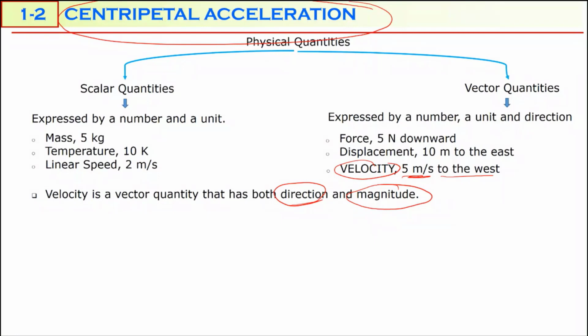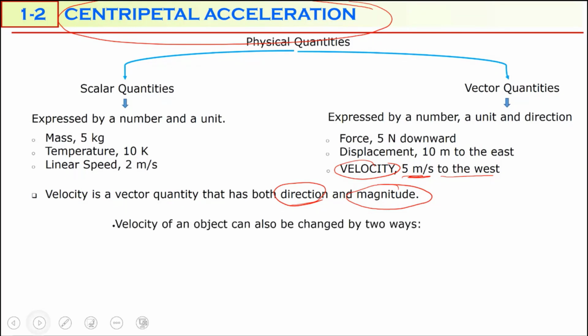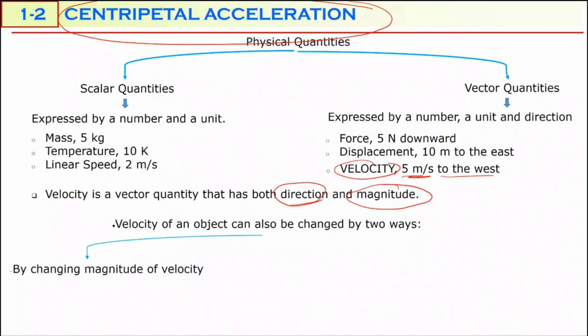But a vector quantity is not like this. You can increase its magnitude. You can also change its direction, or you can do both of them. So velocity is a vector quantity that has both direction and magnitude. For that reason, we are going to change velocity by two ways. The velocity of an object can be changed by two ways. One of them is by changing the magnitude of velocity. This magnitude of velocity, we can say, is speed. Magnitude of velocity, just the number. You are changing just the number of the